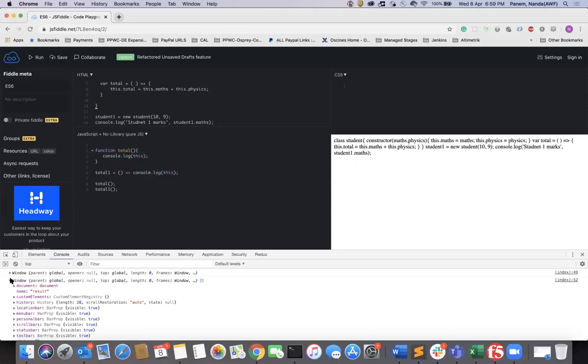So in this arrow function, the best concept here is, for example, over here, this dot a equal to 10.